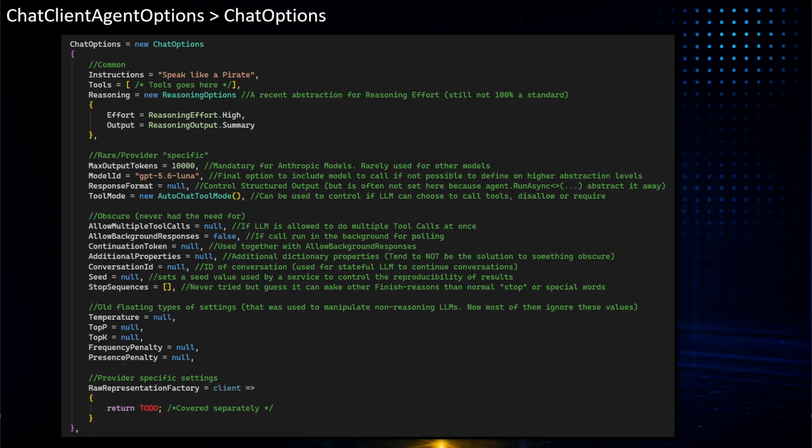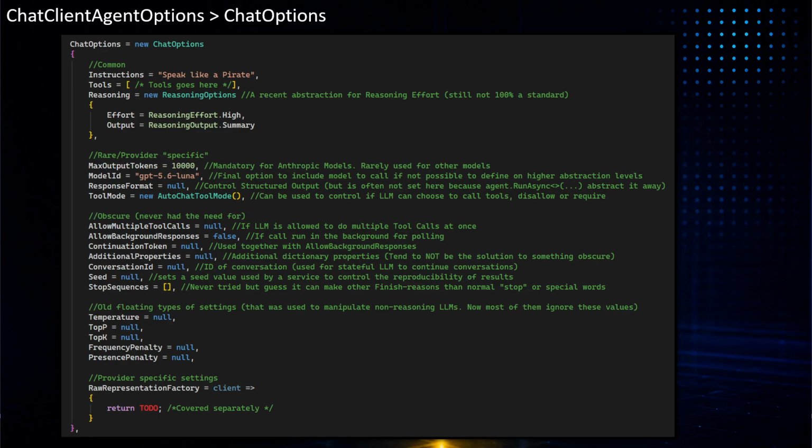And nowadays, none of the LLMs are non-reasoning. Everyone is a reasoning model now. So trying to manipulate these often results in an exception from the model, depending on which one you call, or just being ignored. So I don't see in any way you need to set any of these.